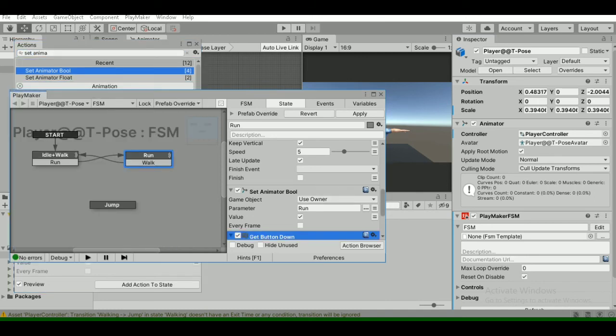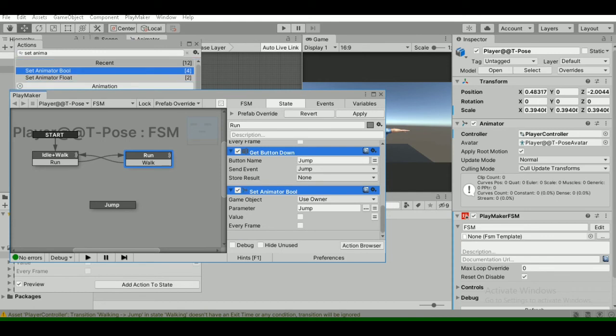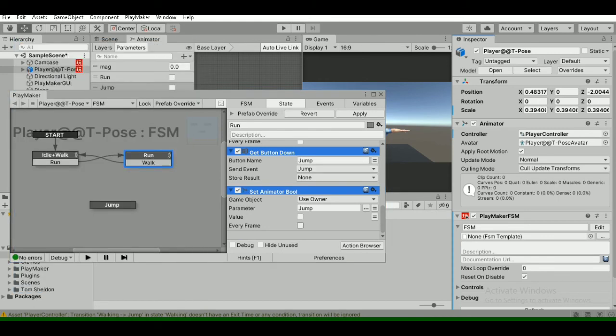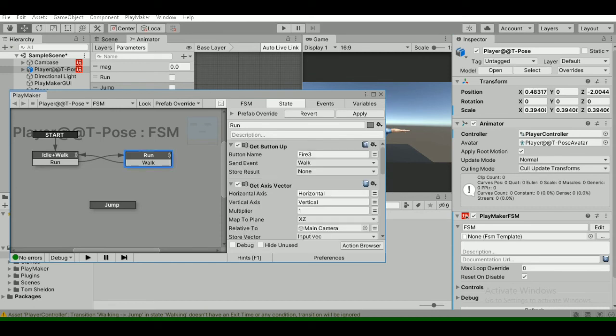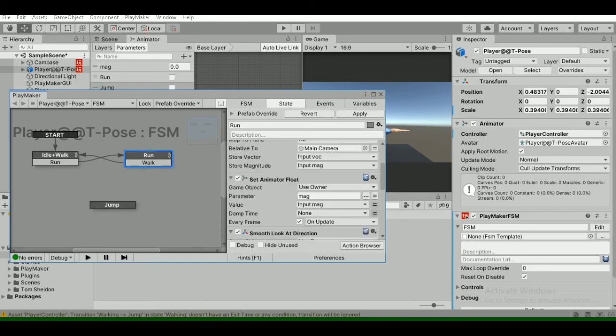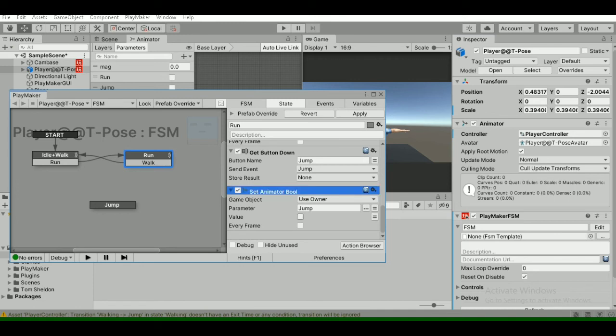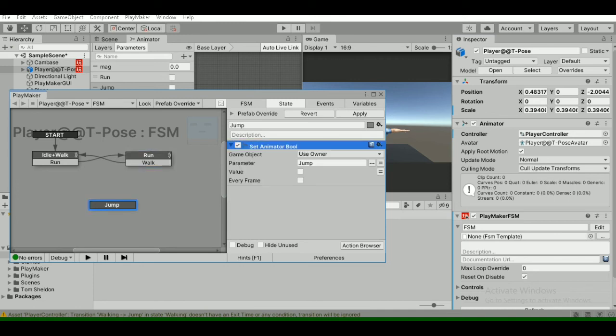Yeah, it is done. Just come to jump and copy this animator bool, paste it here, and now check this up. Then only will he do the jumping animation if we press space.